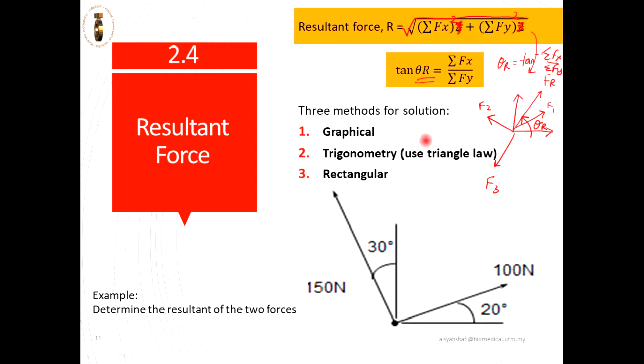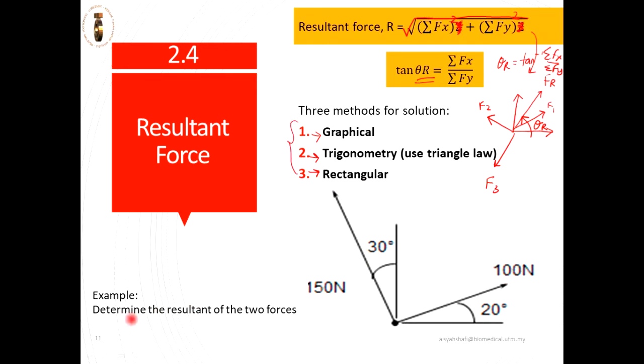Okay, there are three methods to get the resultant force. The first one is the graphical method, the trigonometry method, and the rectangular method. Okay, I will show you how to solve by these three methods